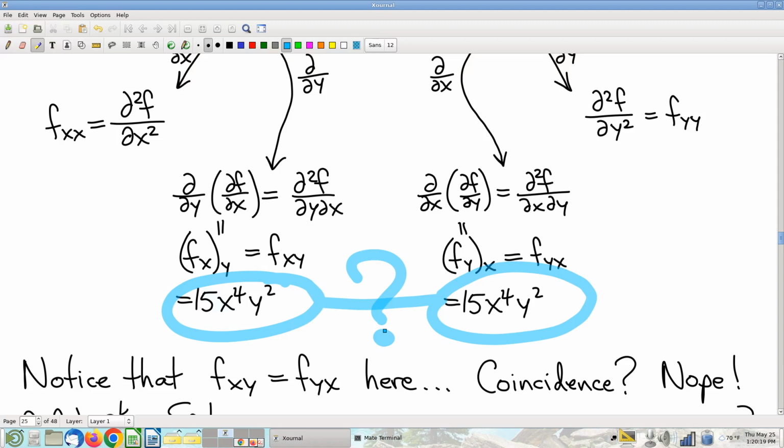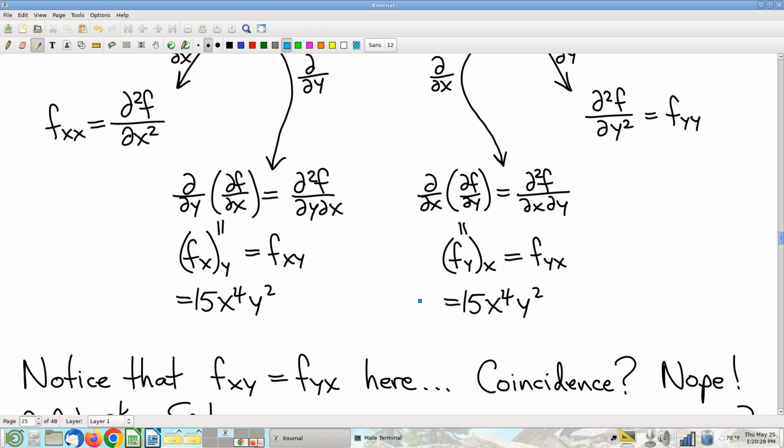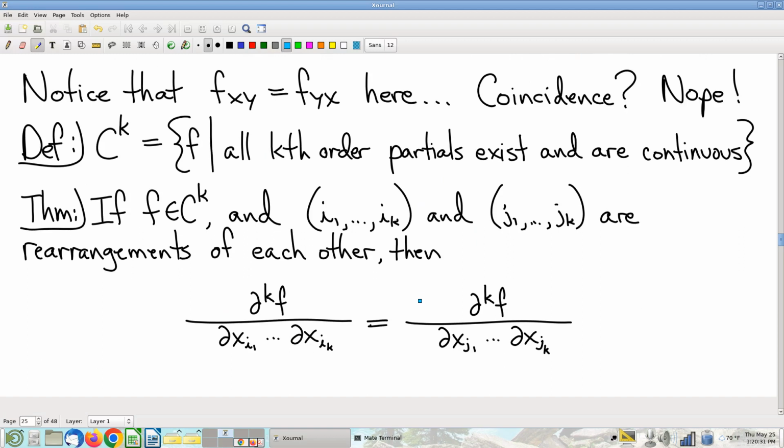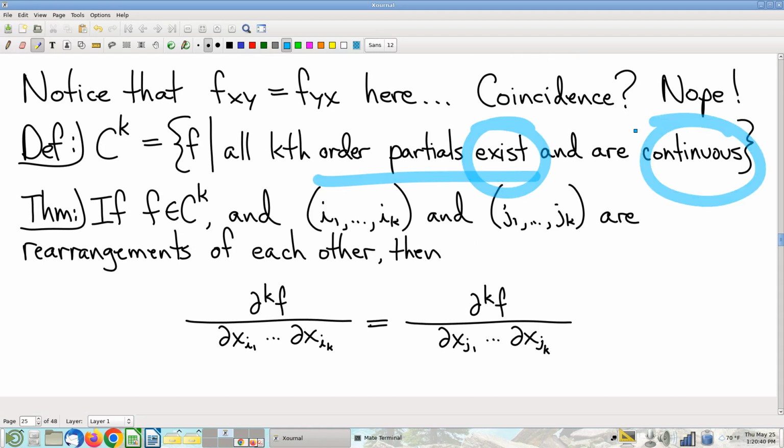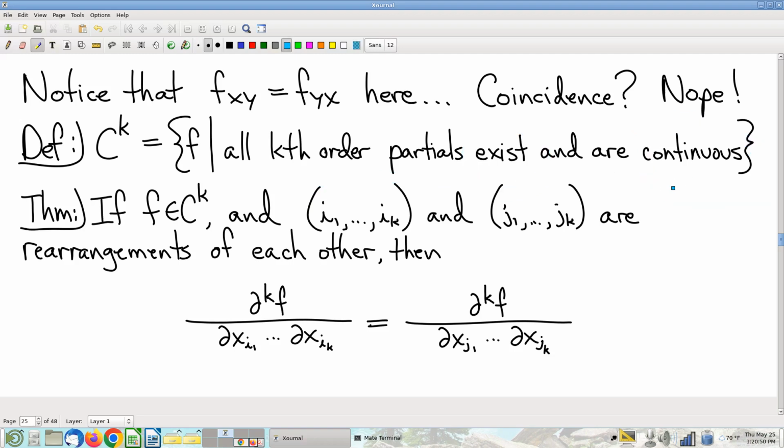Turns out this is not a coincidence. This is often true, not always. As long as the functions in question are sufficiently regular, this will always happen. And what we mean by regular is that we need a certain number of partials to exist and be continuous. This is kind of like continuous differentiability. You might say this is a higher order of continuous differentiability. And specifically, if the number of derivatives that you're taking,